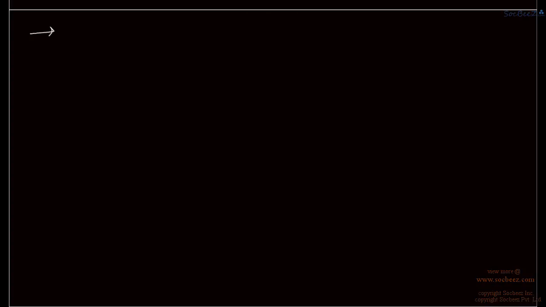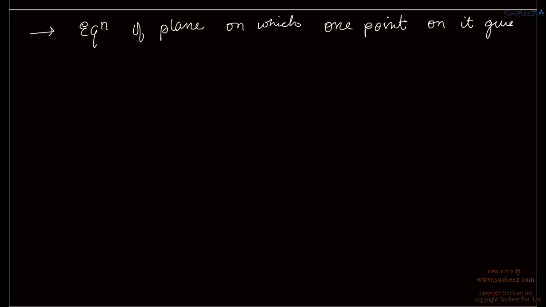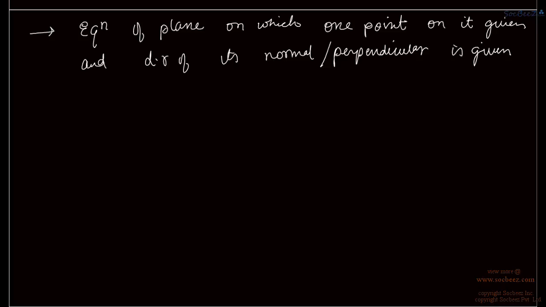So let us find equation of a plane on which one point is given and its direction ratio of its normal line is given. Normal means perpendicular line. Okay,